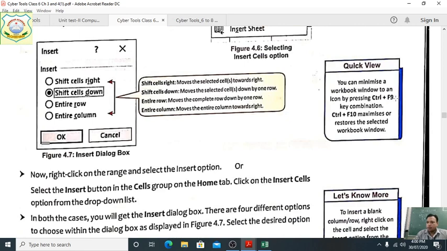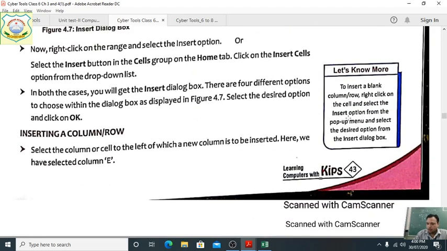With Control plus F9, you can minimize a workbook window to an icon. And how can we maximize it? Control plus F10. Students, keep in mind: to minimize the workbook window, use Control plus F9; to maximize it, Control plus F10.